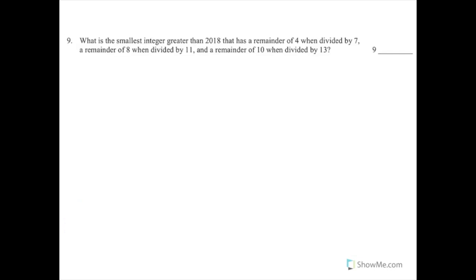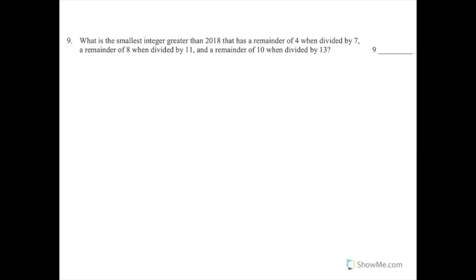This next question is also a classic. If you need to read the question, pause the video here. The really smart tactic to solve this question is to say, well, if this number has a remainder 4 when divided by 7, and so on, what will happen if I add 3 to this number? If we add 3 to this number, then we would have a remainder of 7, or 0, when divided by 7, a remainder of 11, or 0, when divided by 11, and a remainder of 13, or 0, when divided